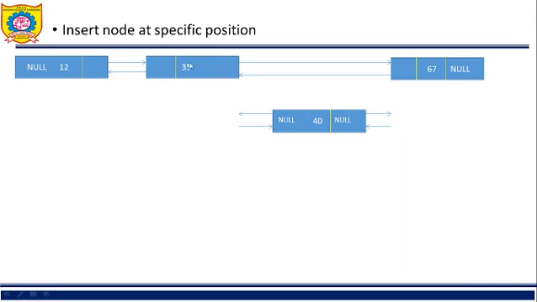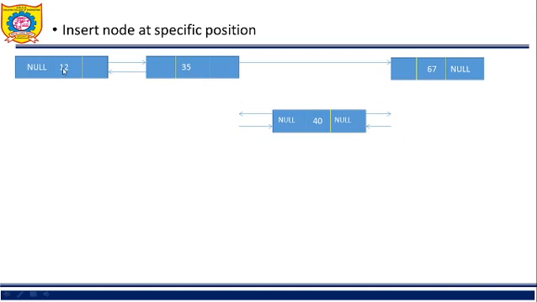Now take one pointer variable ptr, which will point to the first node, that is ptr is equal to head. The address of the first node is stored in head, so ptr is equal to head. ptr is pointing to the first node. Then check whether ptr is equal to null. If it is not, then check whether ptr data is equal to 35, because we want to insert data after 35, so we first have to go to that 35 position.